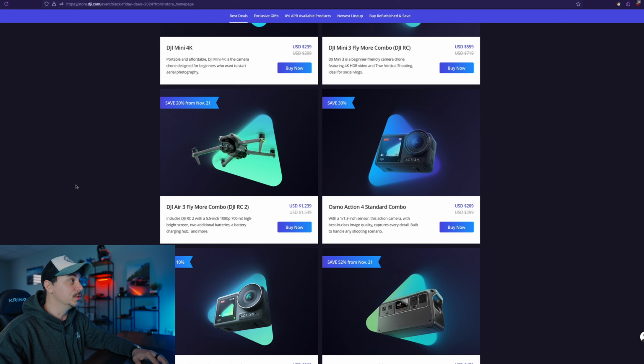Then we have a deal on the Air 3, which many people will be super happy to hear about, because for some reason many people didn't really like the DJI Air 3S. I'm not really sure why that is, but many people told me in the comments that they prefer the Air 3. So if you still prefer the Air 3, now the Fly More kit with the DJI RC2 has been